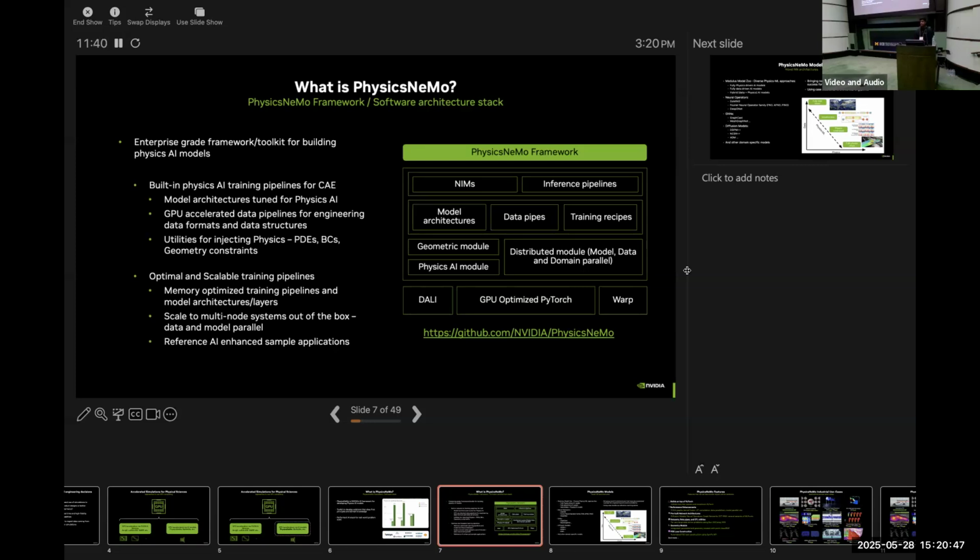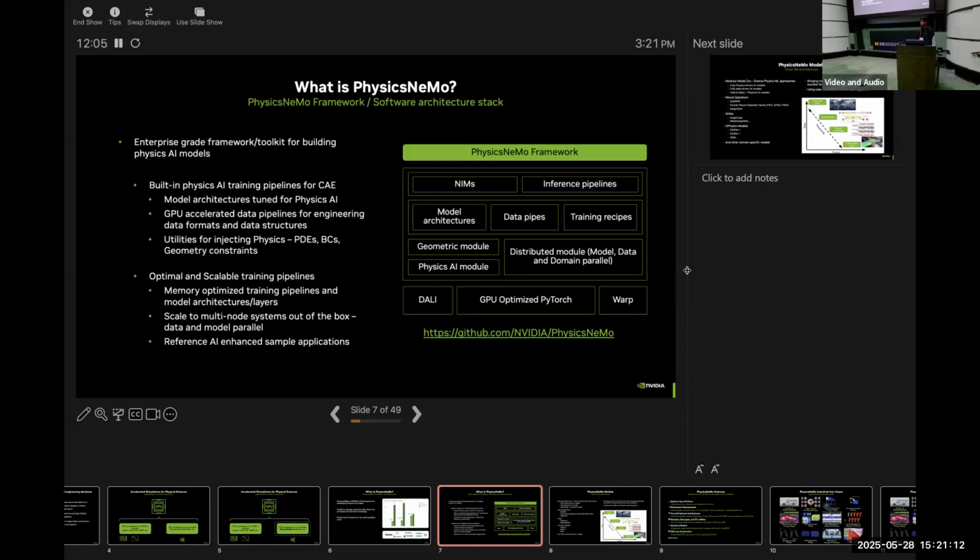So we have these NIMs and inference pipelines which deal with the inference of a model. Assuming that you have a trained model, or some of the trained models that we ship, we provide these utilities and the model checkpoints that one can take in and just run inference on without worrying about the training aspect of the model.